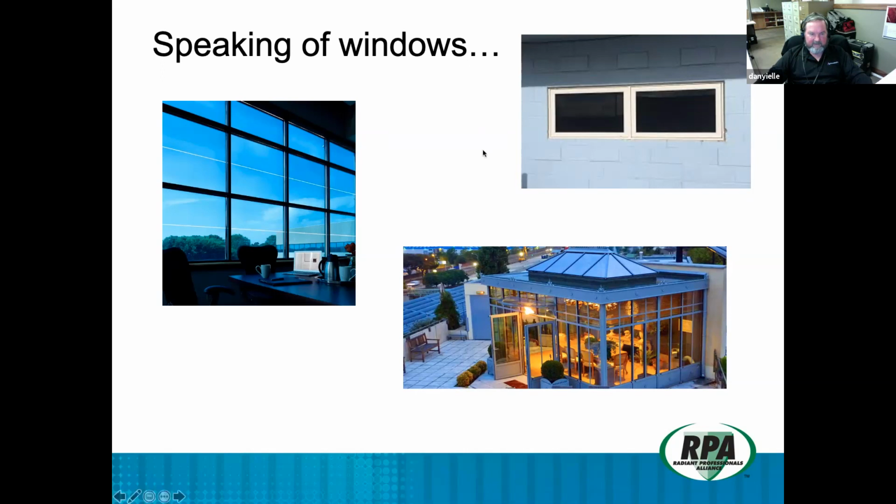The other thing that has been done with windows, I mentioned it earlier, and I'm sure it piqued a few people's ears and interest, is radiant windows. My house up in the mountains, I have radiant windows up there. Essentially what they did is they took the low E coating that's on the glass that's supposed to reduce the long wave transmission of energy through that window, and figured out a way of being able to make an electrical connection to that glass. The glass has a resistance value that is in squares, and it's basically 15 ohms per